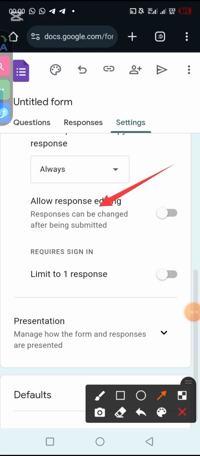Now they say allow response editing. You can allow response editing. That means once the person answers any question, he can go back. Maybe he thought that the answer he gave or she gave is not accurate. He can go back to the answer. So this is where this comes up. If you want them to edit their answers, maybe to recheck their answers, you can just put this on. Understand? But if you want that once they have answered, they have answered,